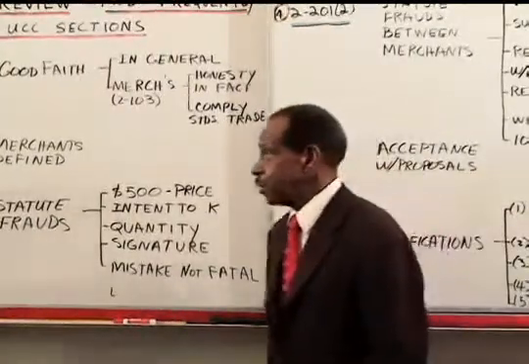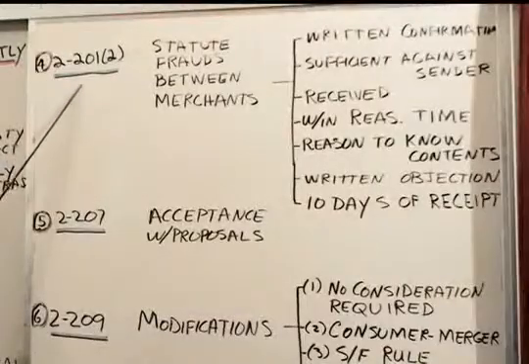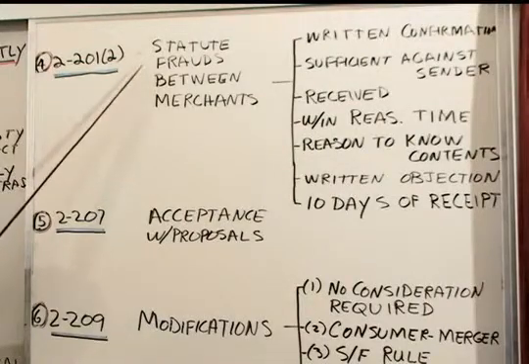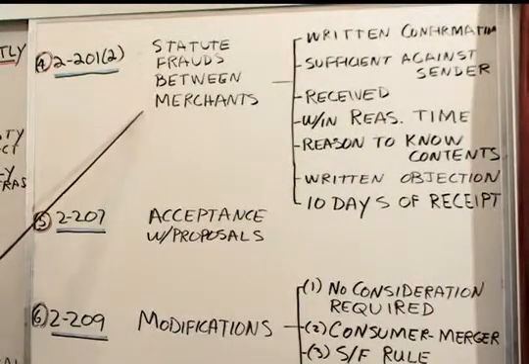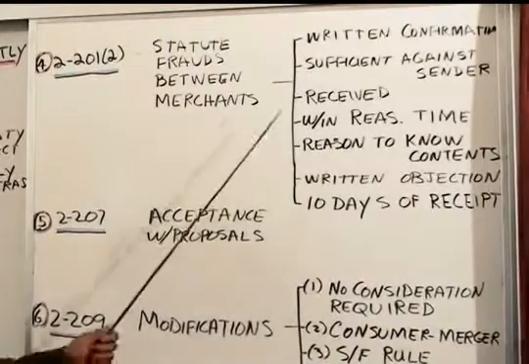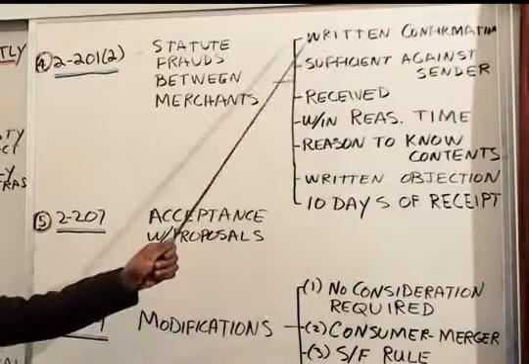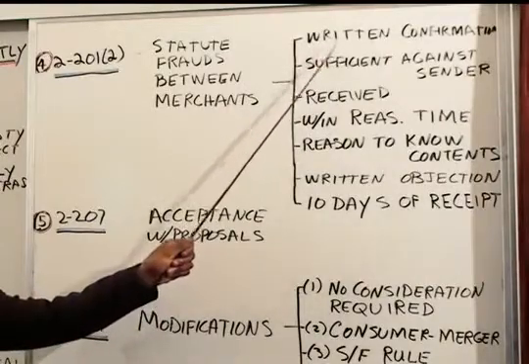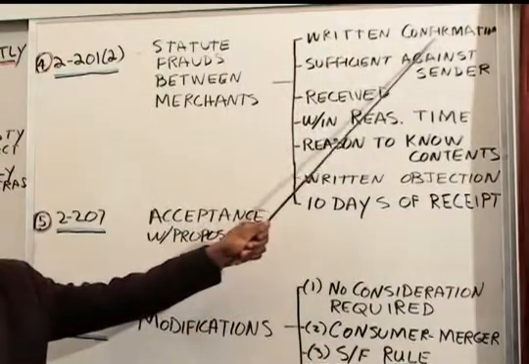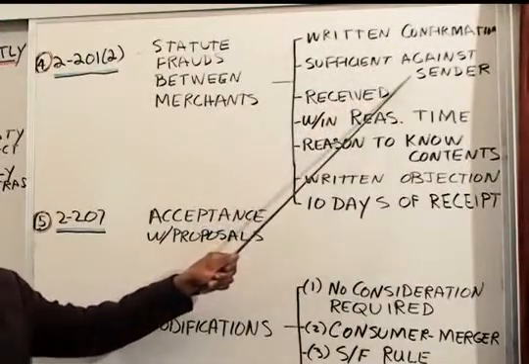That takes care of 2-201 subsection 1, and that brings us to 2-201 subsection 2. This is the part of the statute of frauds that deals with transactions between merchants. And what this essentially does, it says if one merchant sends the other merchant a written confirmation of a contract, and you see it right here. If one merchant sends the other one a written confirmation of the contract, and what is sent is sufficient against the sender,